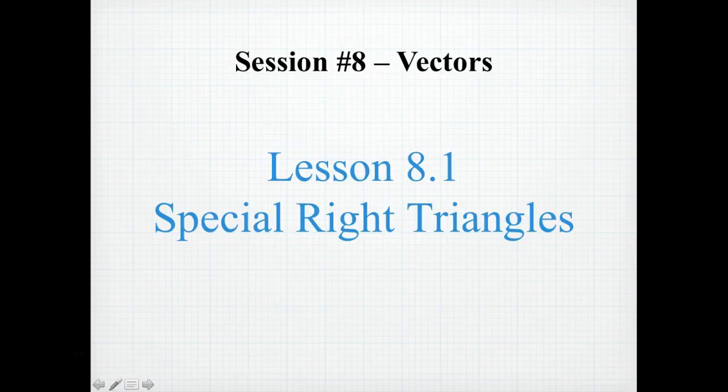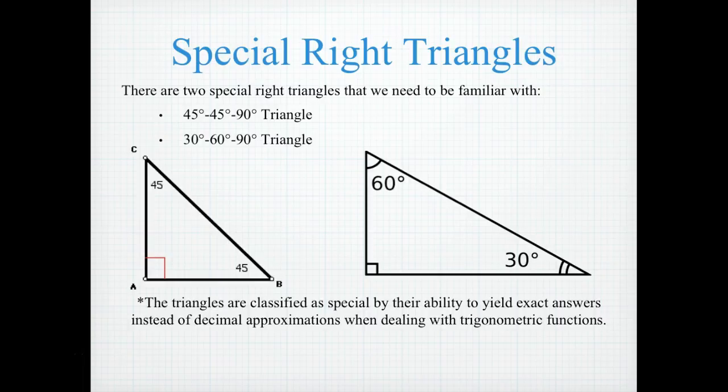Welcome to the first lesson in Session 8 on special right triangles. There are two special right triangles we need to be familiar with: the 45-45-90 triangle, also known as an isosceles right triangle, and the 30-60-90 triangle. The triangles are classified as special by their ability to yield exact answers instead of decimal approximations when dealing with